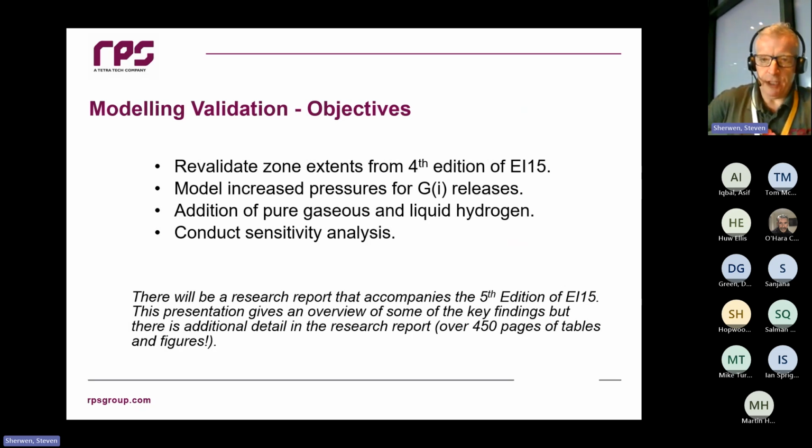When the Energy Institute looked to see what the history, what the rationale behind some of the zone extents were, they were finding that they were being calculated using computer models that were well out of date now. FAST had moved on quite a number of editions. We also found that some of the zone extents themselves were, should we say, engineering judgment, to put it charitably, and so it was decided that we needed to renew those, and RPS were given the task of undertaking this.